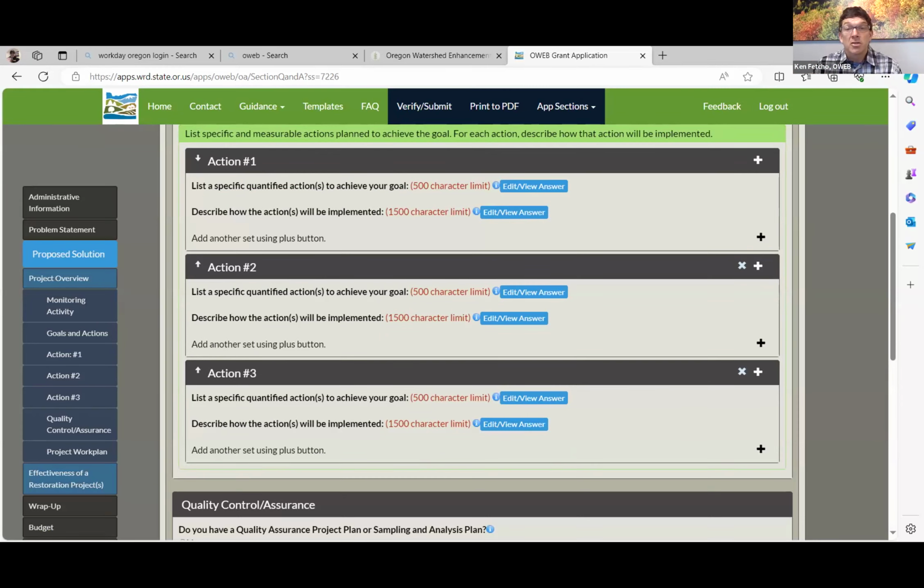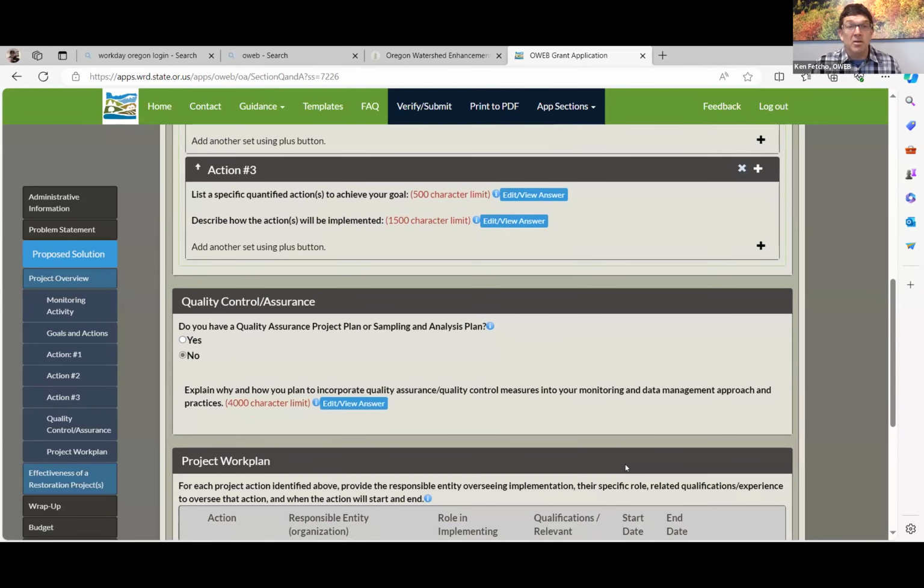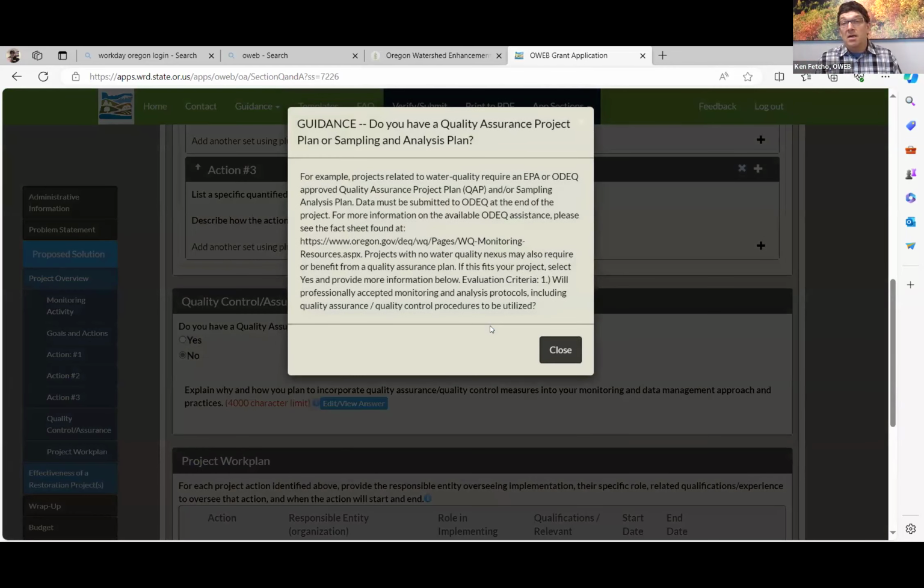Let's see here. So the next section is QA/QC. This really hasn't changed, but I just thought I'd emphasize a few things here. So we ask, do you have a quality assurance project plan or sampling analysis plan? And the guidance that we have for you is,